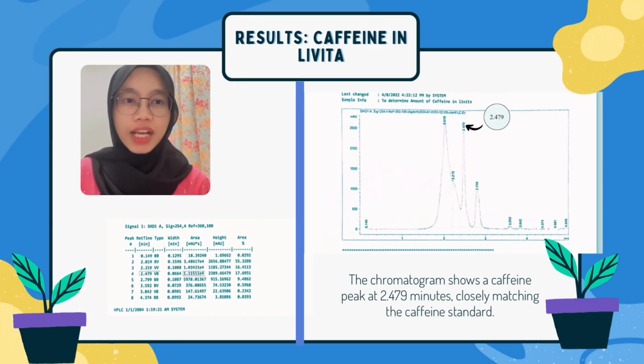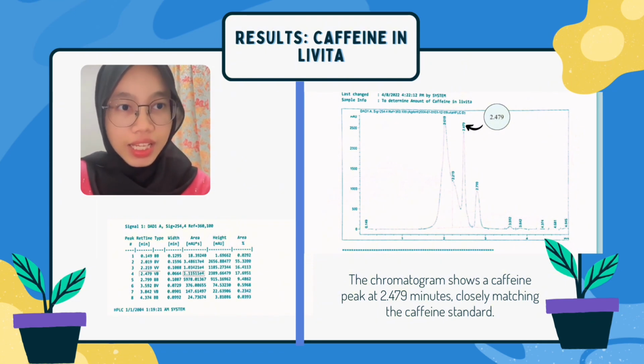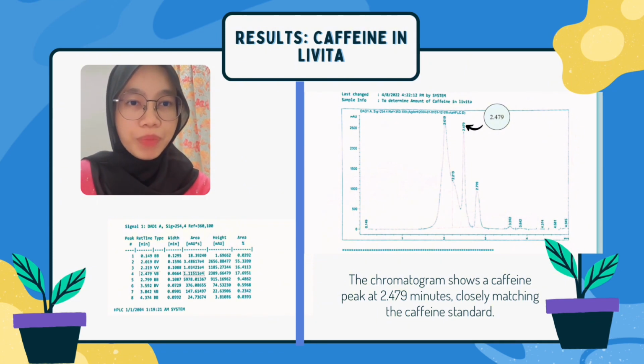Furthermore, this slide displays the HPLC analysis results for caffeine in Levita, another caffeinated beverage. The chromatogram shows a caffeine peak at 2.479 minutes, closely matching the caffeine standard. Similar to the previous slide, a table with a peak characteristic is included, providing essential data for caffeine quantification in